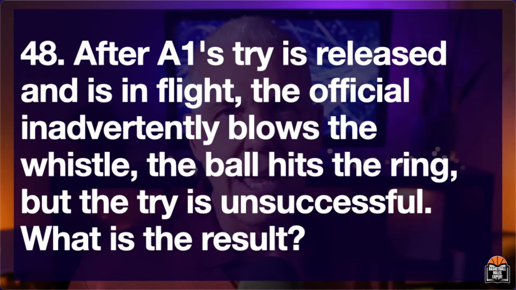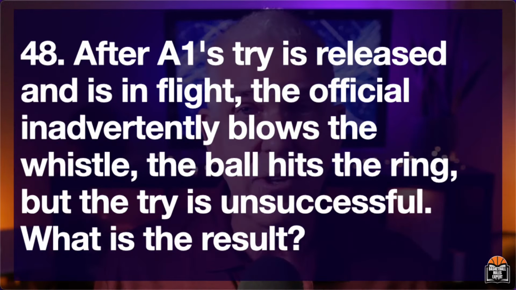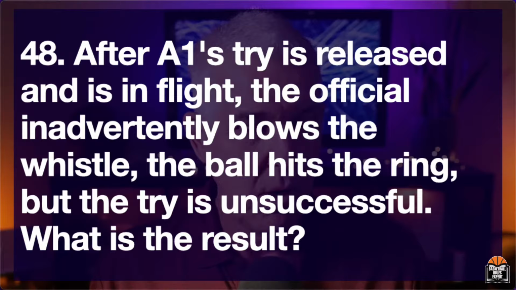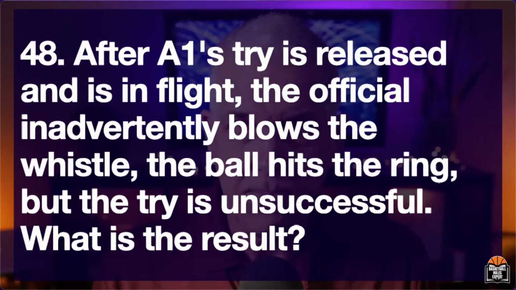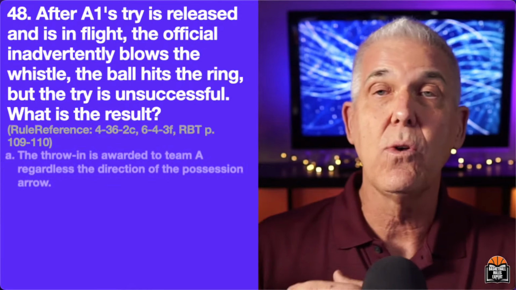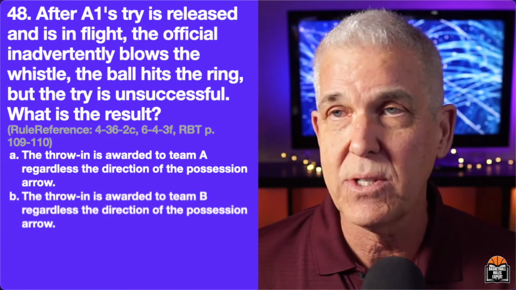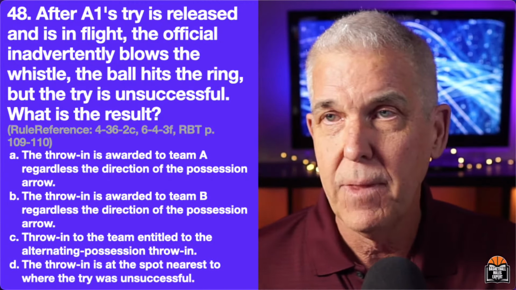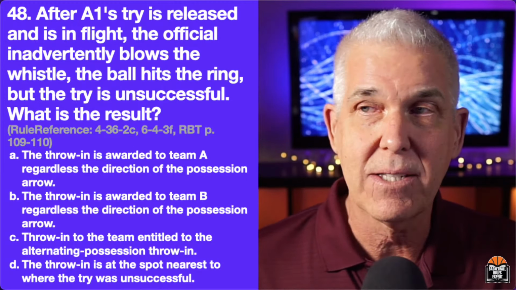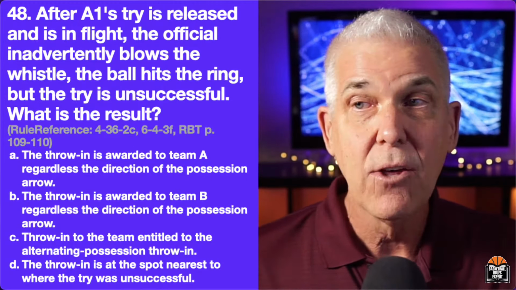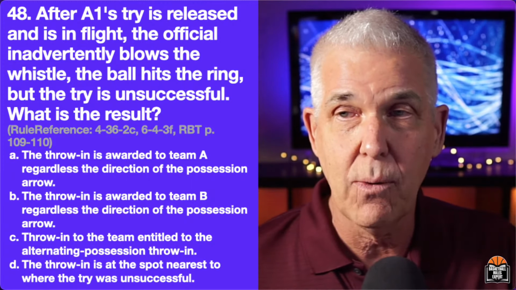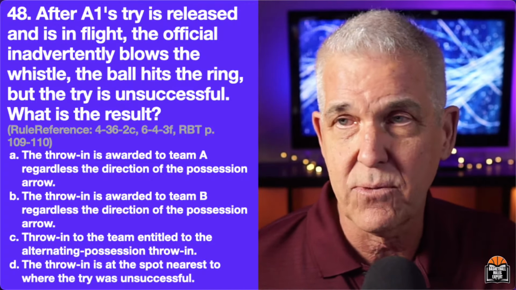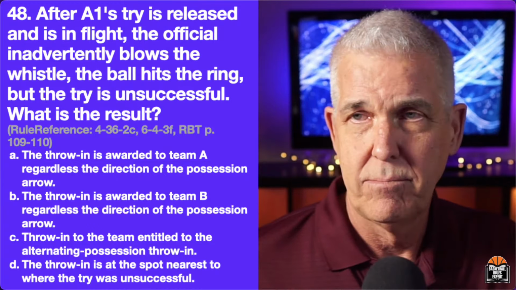All right, 48. After A1's try is released and is in flight, the official inadvertently blows the whistle. The ball hits the ring, but the try is unsuccessful. What is the result? So we have an inadvertent whistle while a try is in flight. A, the throw-in is awarded to Team A regardless of the direction of the possession arrow. B, the throw-in is awarded to Team B regardless of the direction of the possession arrow. C, throw-in to the team entitled to the alternating possession throw-in. D, the throw-in is set at the spot nearest to where the try was unsuccessful. Okay,